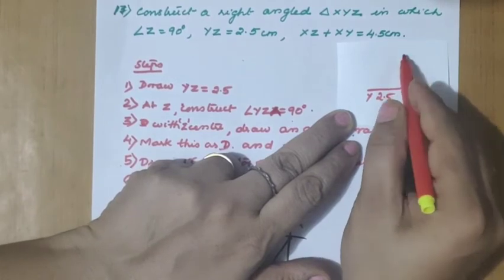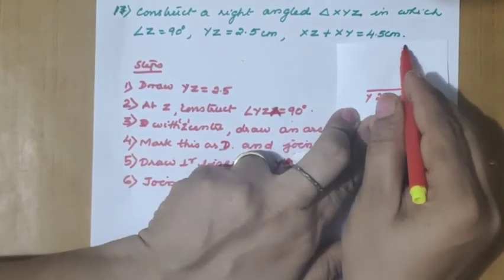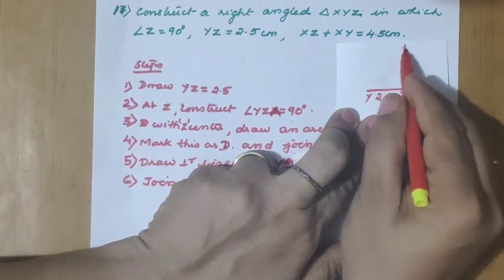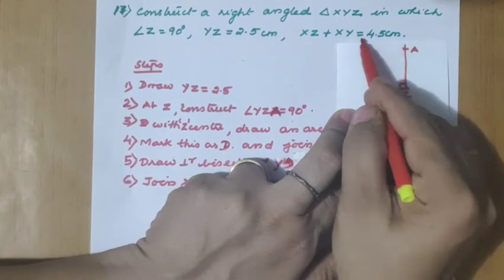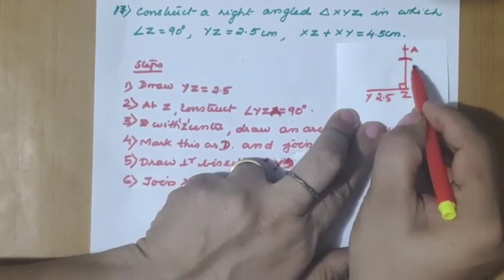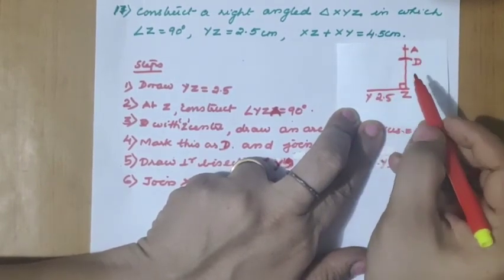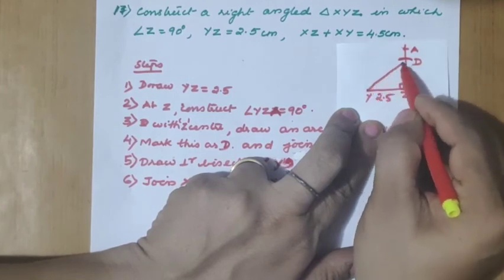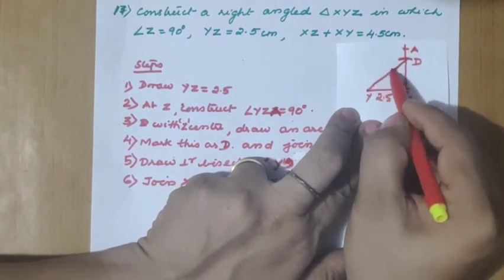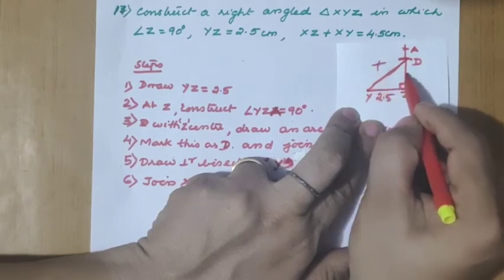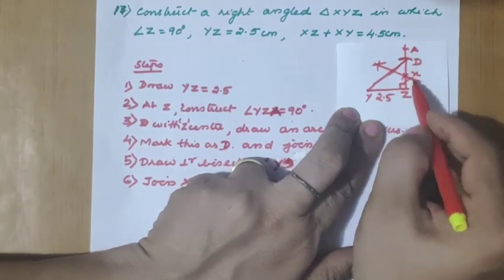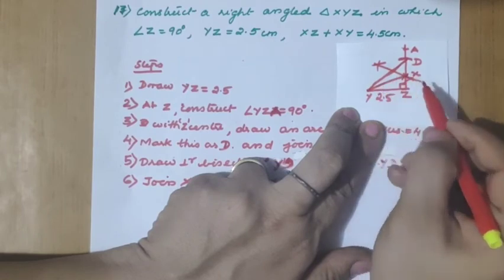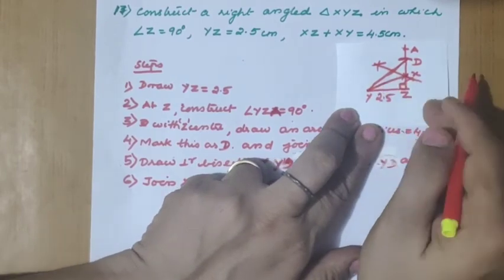We have to construct a 90 degree angle here. So already XYZ are used as letter names, so we will make it as A here. That is the 90 degree construction. On this, what is the length to be taken? 4.5. So that point we will usually mark as D only. What is the next step? Join YD. Again draw the perpendicular bisector of this, so it will meet here, that is X. That is where confusion will come. X will be marked here, other letters should be used. Join XY, XYZ is the required triangle.